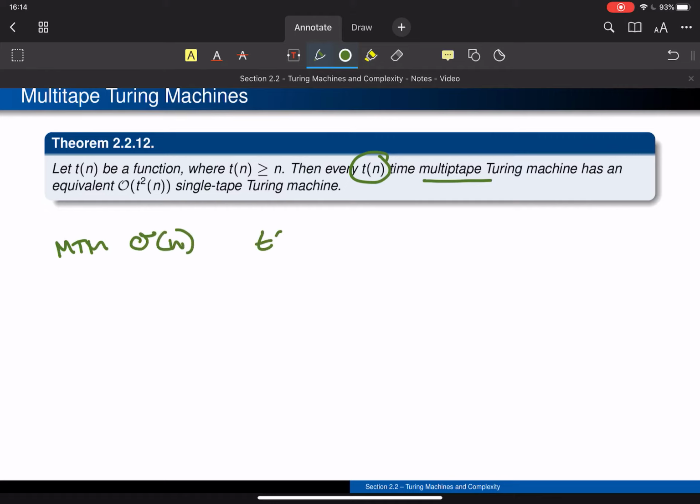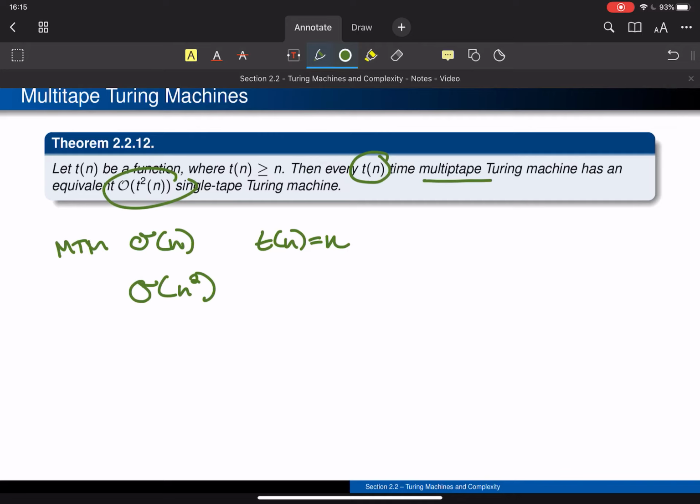So my function t of n was just n. What this says is that there is an equivalent big O of n squared machine, which we actually saw before. We were able to make our very first pass of this running in big O of n squared. So what this is telling me is that anytime you have something running in big O of t of n on a multi-tape machine,